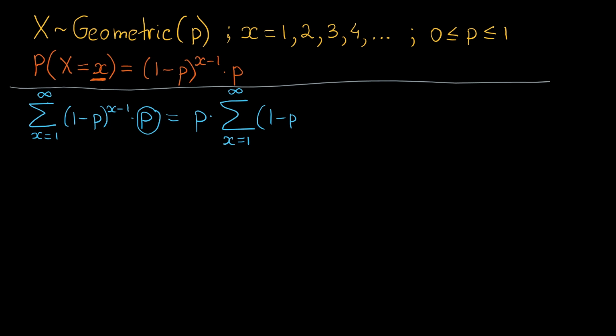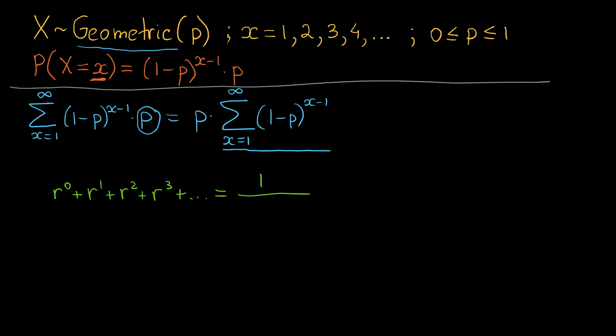And what we have left in there is 1 minus p to the power of x minus 1. And if the name of this series didn't give it away, looking at the sum here should remind us of the geometric series. The geometric series, if you recall, looked like this: r to the power of 0 plus r to the power of 1 plus r to the power of 2 plus r to the power of 3, and so on and so forth,